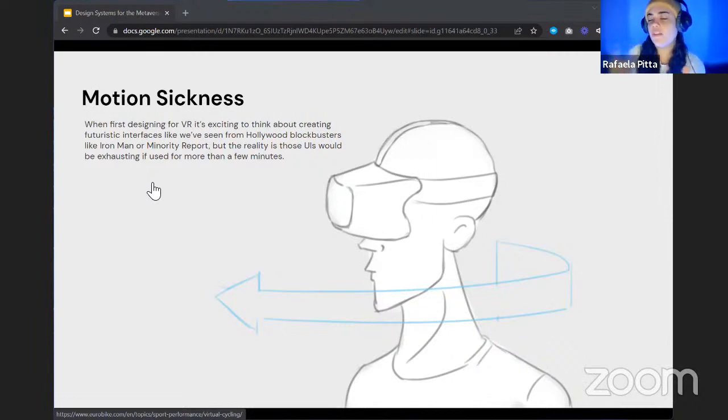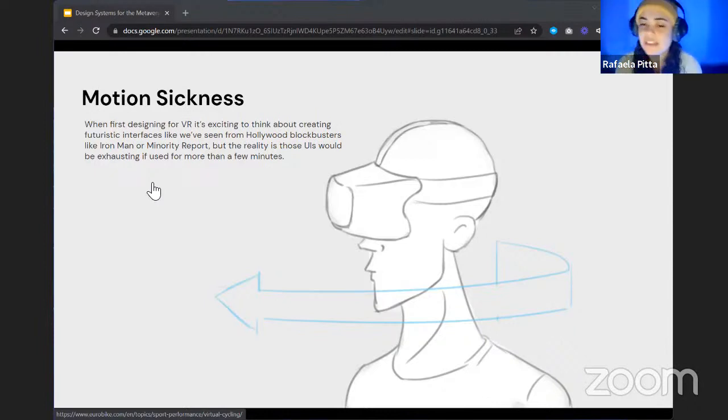So before we even jump into conclusions, before we even talk about designing things, designing scalable things, how can we replicate those elements? We need to take into consideration that for people using these headsets, it doesn't feel real, and we need to make them feel real. It's not something like you see in Hollywood.